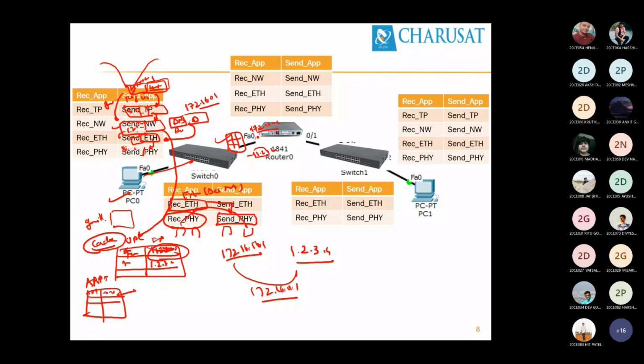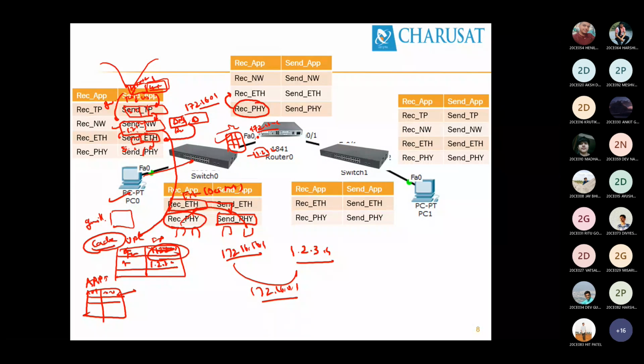And the frame again at the physical layer, electrical signal, Manchester encoding methods, signals will be transferred and it will be sent to the router. Now the router at the physical layer, what does it do? Converts those electrical signals into ones and zeros. It is given to the receive Ethernet layer. The receive Ethernet layer will verify